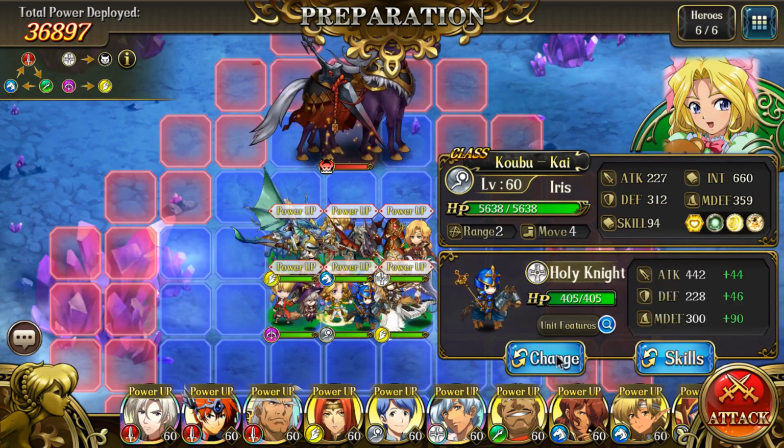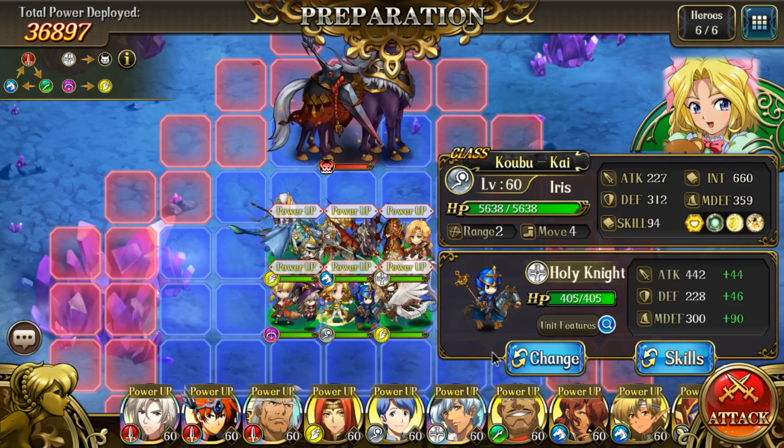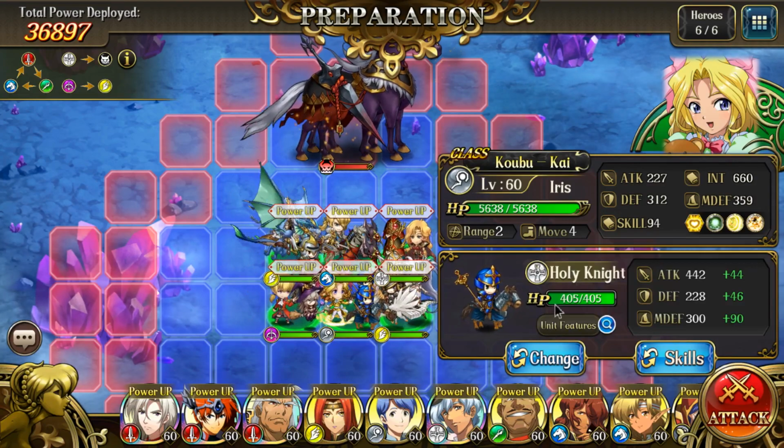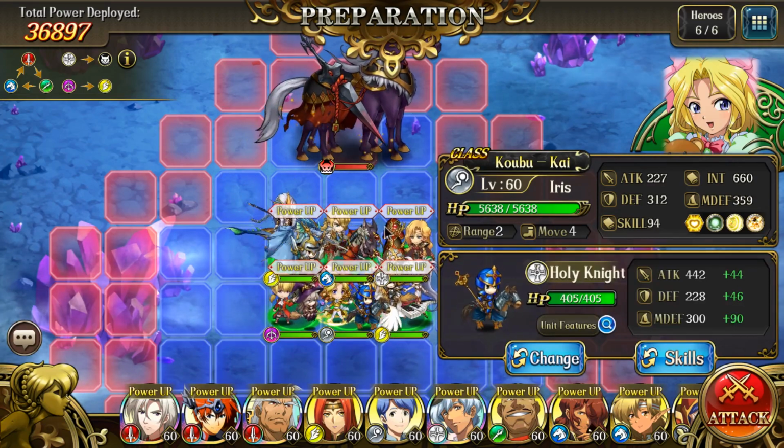Her bonds, I believe, are also at 7. 7 for bonds 4 and 5 and 7 heart. Again, I'll have to double check that. It might be a little lower. In any case,